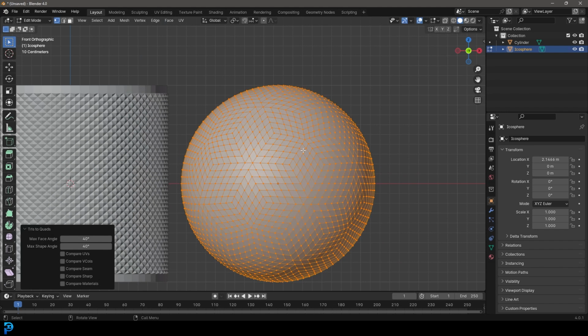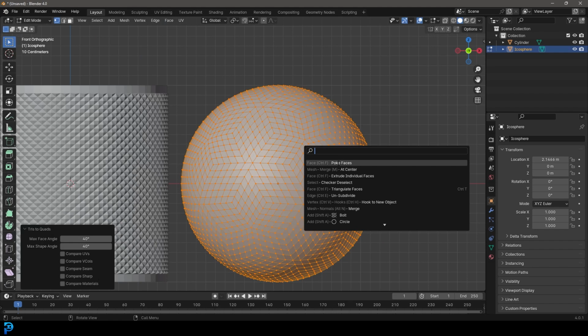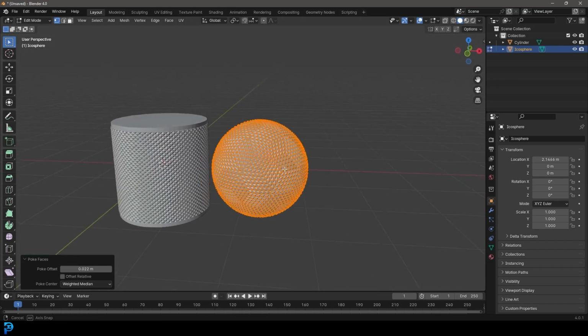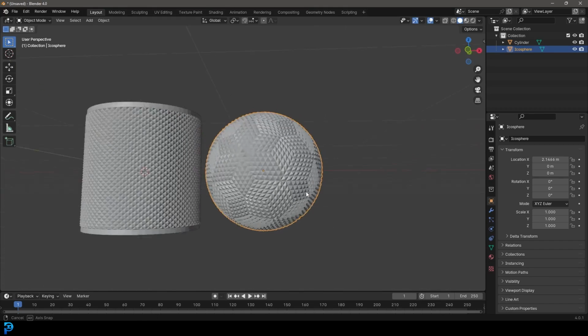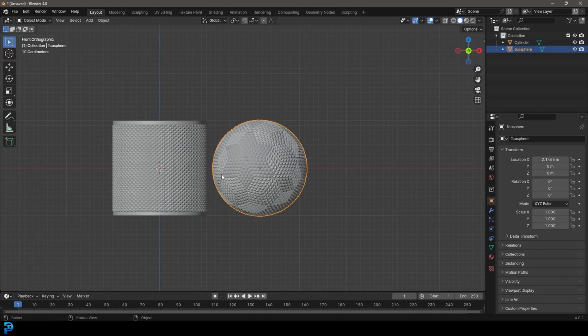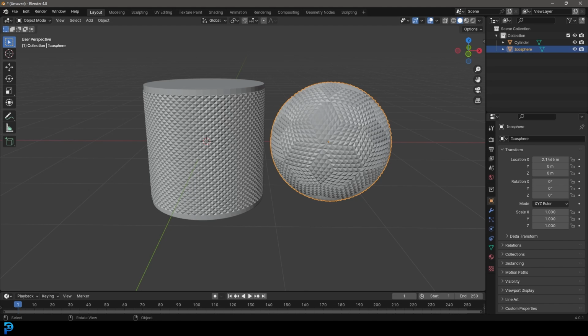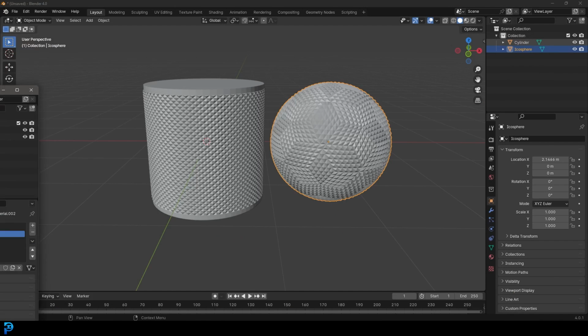And then we're going to press F3. We're just going to go again, poke and get Poke Faces. And then this time you can just bring this out a little bit, like so. Tab back out, and now we have a sphere like this. So that is the knurling as promised, two examples, but let's quickly turn them, like I said, into some knobs